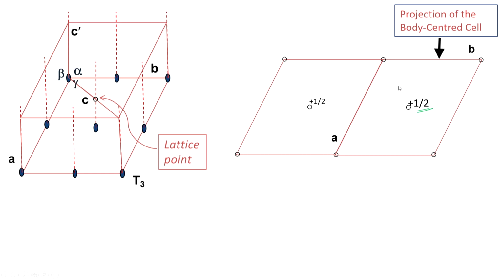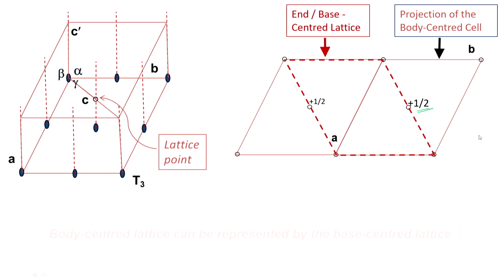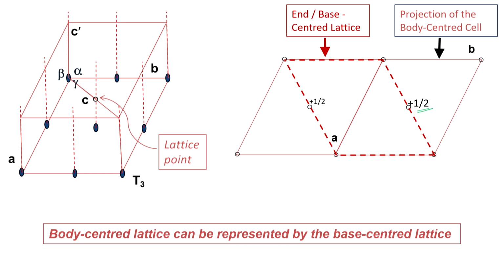So, I have now two unit cells adjacent to each other, and let me make a small construction. If I look at this carefully, this is a projected new unit cell in which lattice points are at the corners and there are lattice points at the center of two opposite faces. So, therefore, this is clearly an end centered cell with the B face being centered.